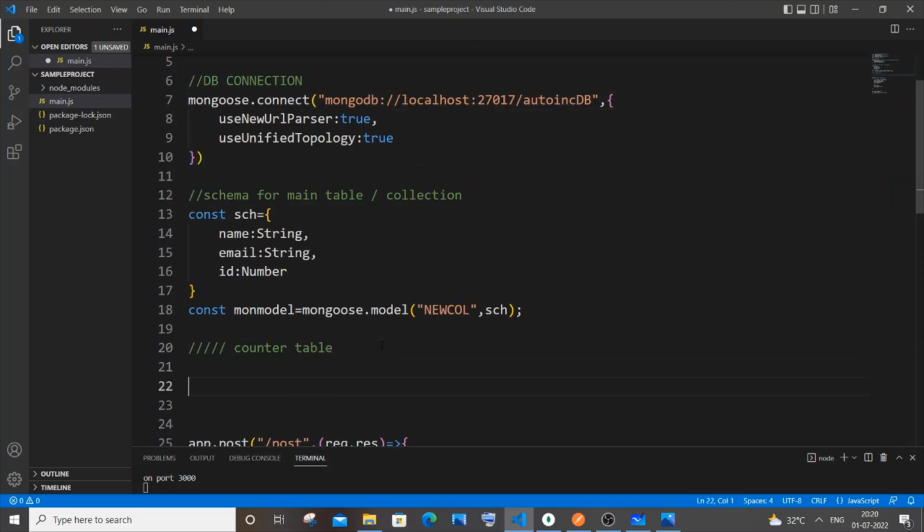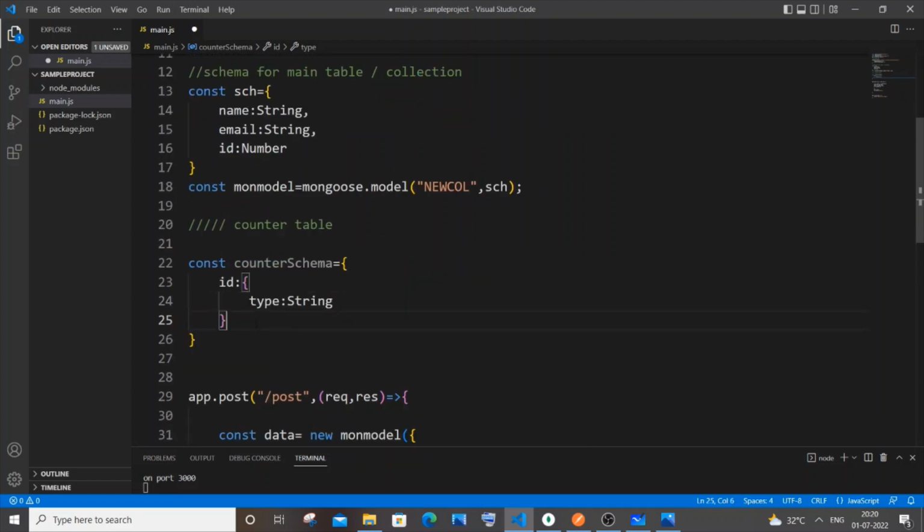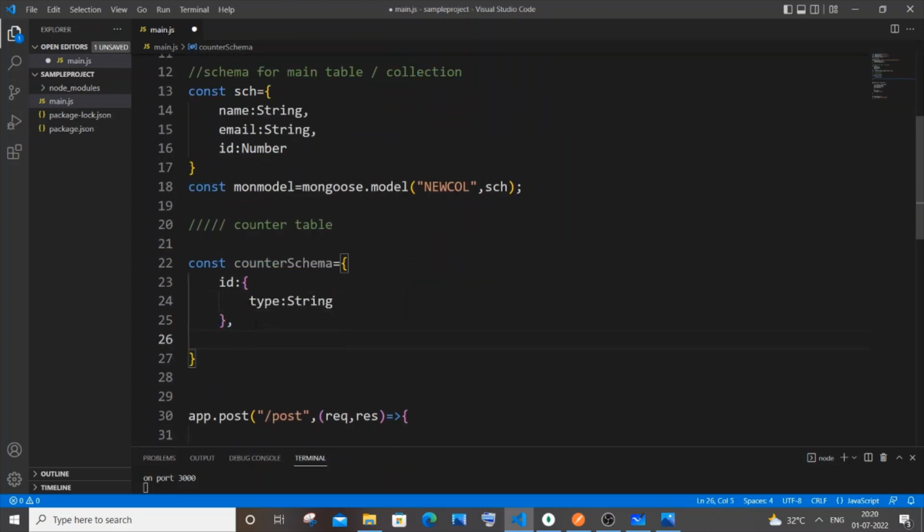For this we need to have a schema. So const, let the schema name be counterSchema equal to, and as I told you earlier, it will have only two columns, or values. It's going to be id, and let it be of the type string, because it's just a value, it's of no use for us. And another one is a really important thing, the sequence, or the auto incremented ID. Let me name it as seq, and this one is going to be of the type